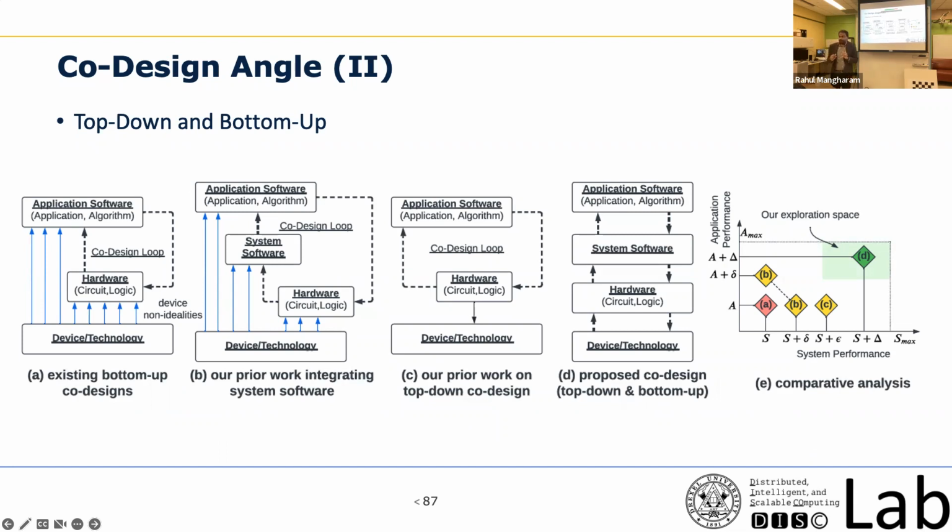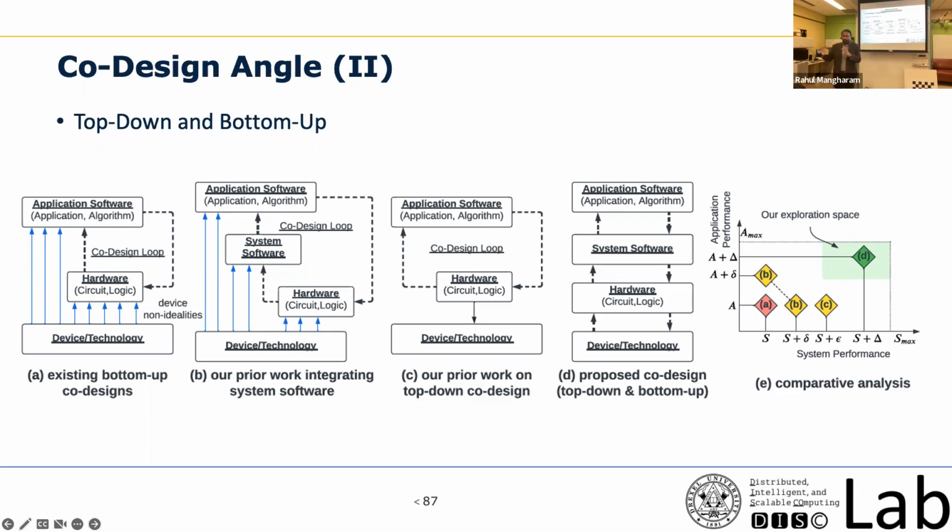But what we have shown is that this is not it. The system software plays a lot bigger role. You can mitigate a lot of hardware problems at the system software level. You don't have to optimize it for the application and algorithm. I'll give you a quick example. Think about phase change memories. These are very unreliable memories. That means you run it one time, you get a behavior. You run it the second time, you'll get a very different behavior. So this variability is a big thing.